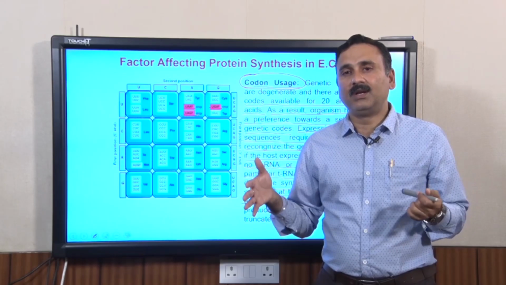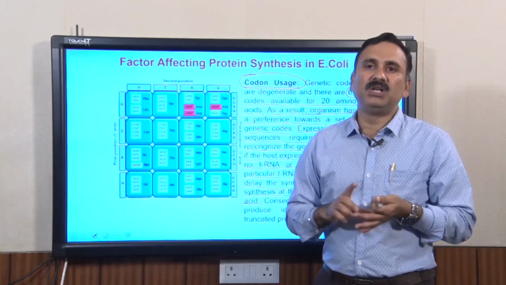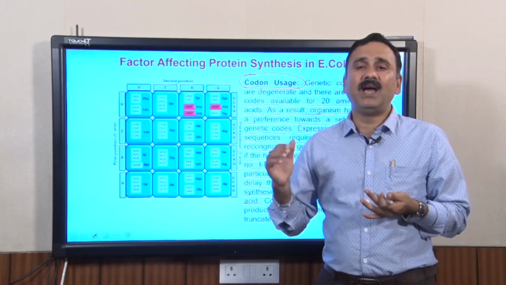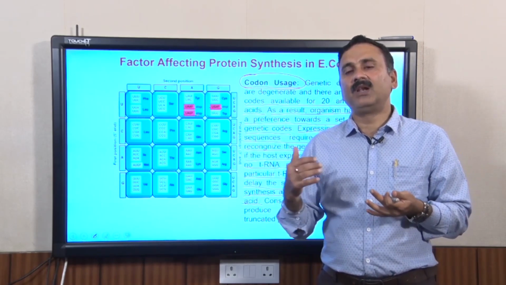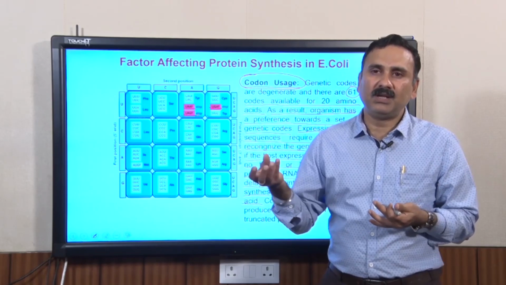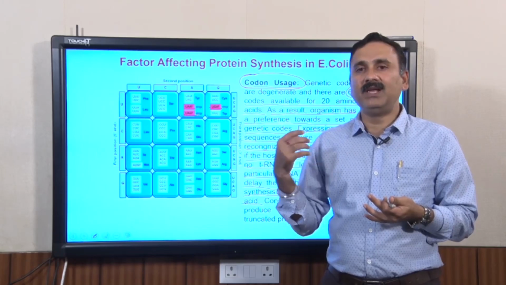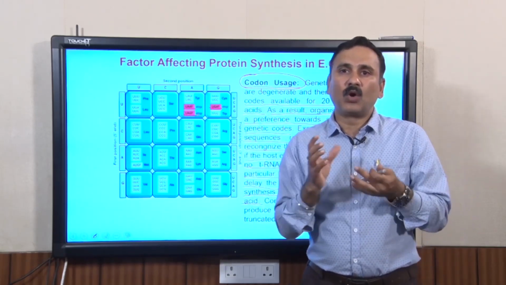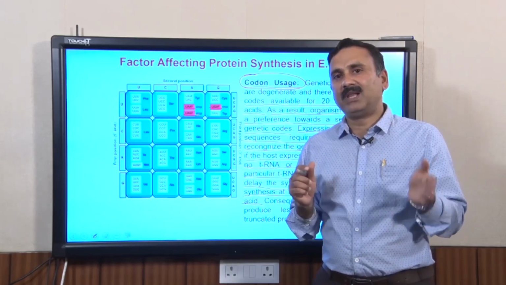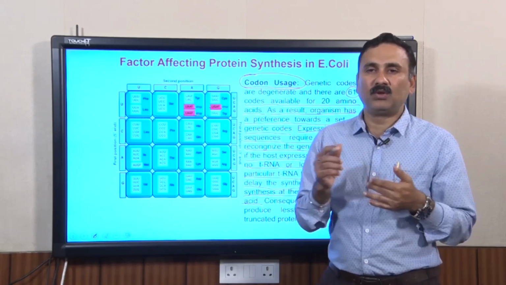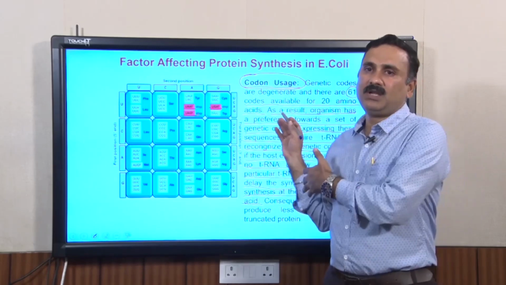And this problem can be circumvented if you overexpress these additional tRNAs in the host strain. Either you make a chimeric expression system where you clone these tRNA genes into the chromosome, or you can supply these tRNA genes cloned onto separate plasmids, and you can transform your plasmid as well as these additional tRNA plasmids. If you do so, you will be able to overcome the codon usage problem.